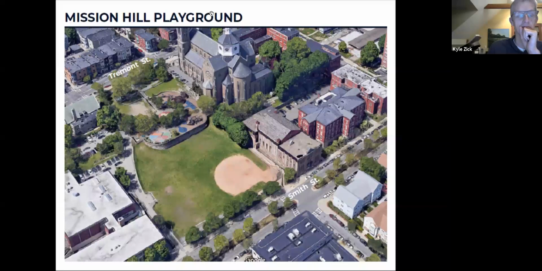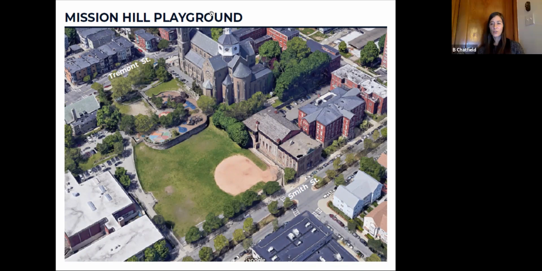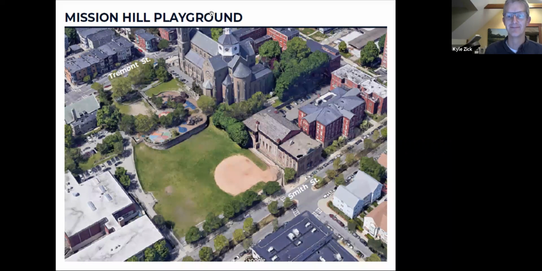I don't believe that sort of court lighting, like the large sports lights, is going to be possible with the budget that we have. But Kyle, if you want to talk about this. Well, as we come out of this meeting, we'll have lots of ideas and we'll put pen to paper and look at all kinds of options, and we'll put cost to all that. Rob and V have mentioned the budget, a couple different pots of money, and we'll just have to see what works, what fits, and what the priorities are. So it's hard to say anything's off the table yet.